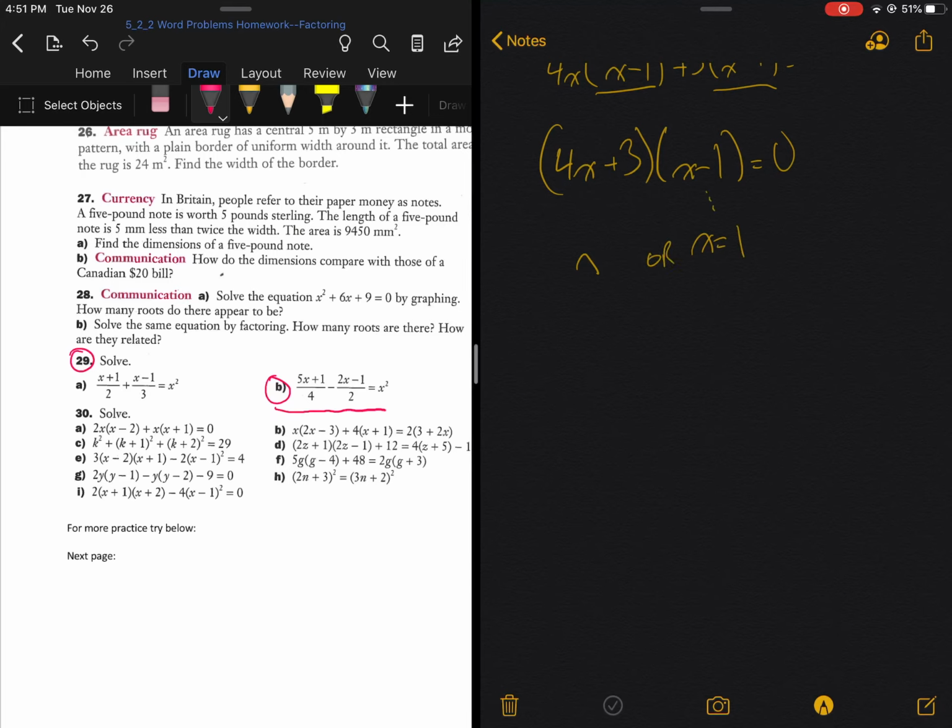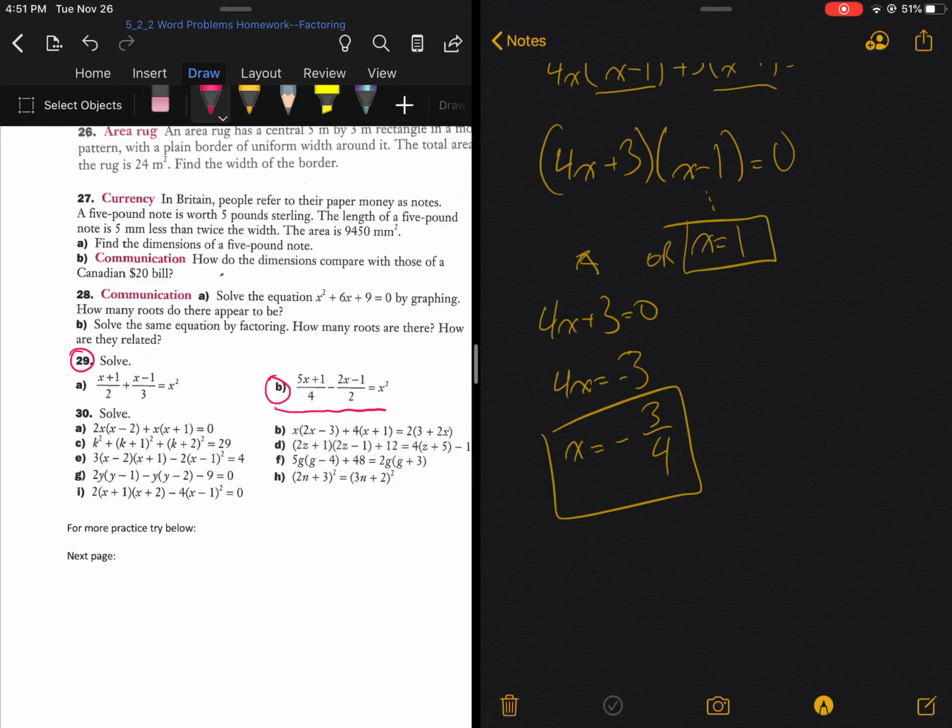Okay, so that means x equals 1 or 4x + 3 = 0, or 4x = −3, or x